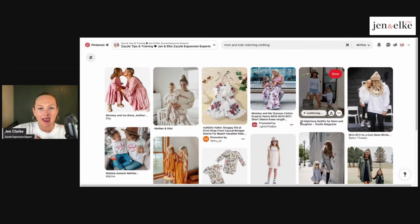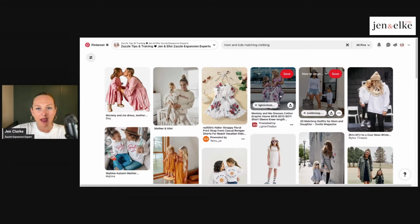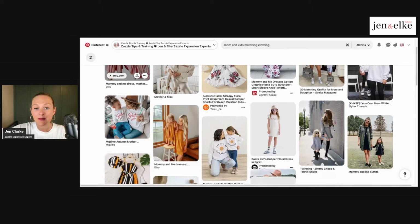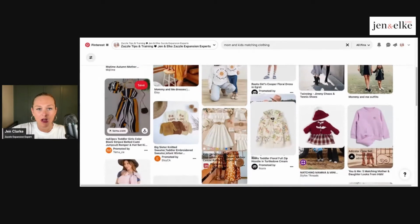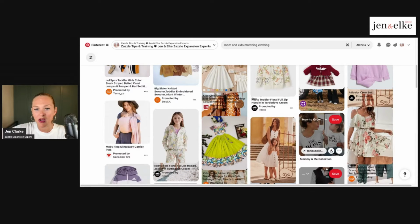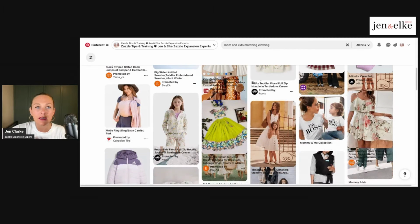we have the search that I put in, mom and kids matching clothing, and you can see that there are obviously different patterns and styles, different dress types, different outfits, but there are a lot of t-shirts and sweatshirts as well with really cute sayings on them, even big sister and little sister, etc. So the boss and the real boss. So even on Pinterest, and I'm not ever going to be telling people to copy designs anywhere on Zazzle or on Pinterest, this is just for your inspiration to know that this is actually a popular niche